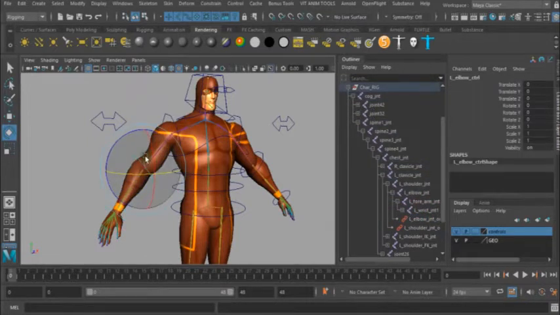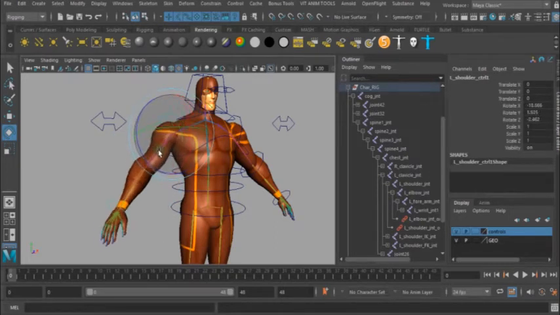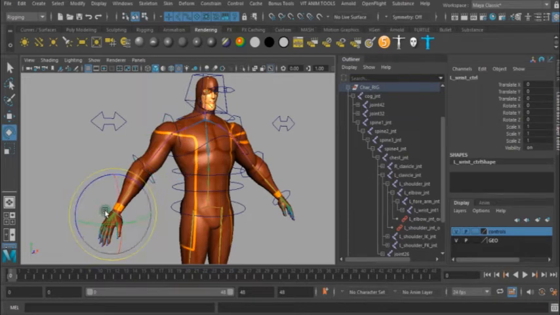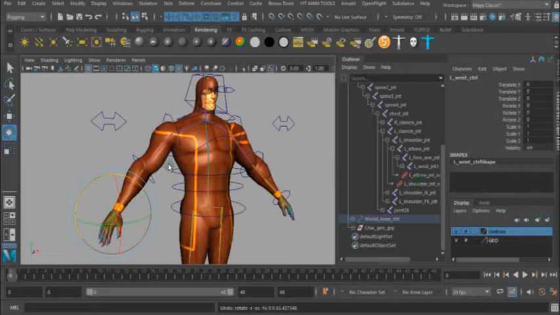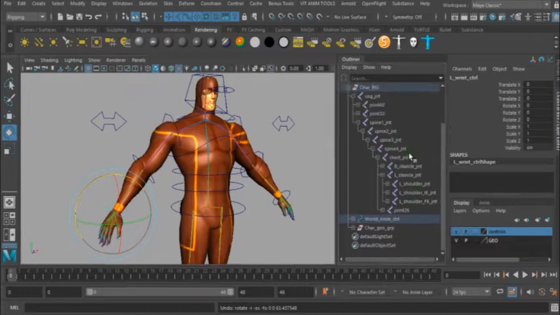We have got orient constraint for elbow and for all the joints, here it's for the shoulder, and this one is for the wrist. So this orient constraint makes the rotation of these bones, and same like